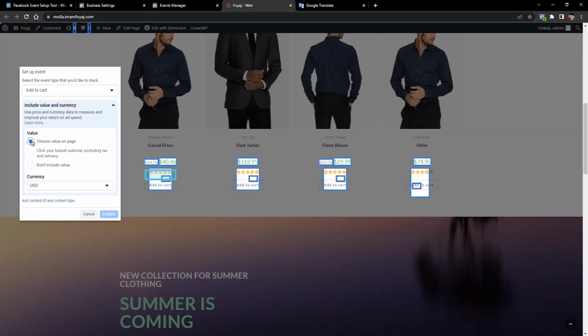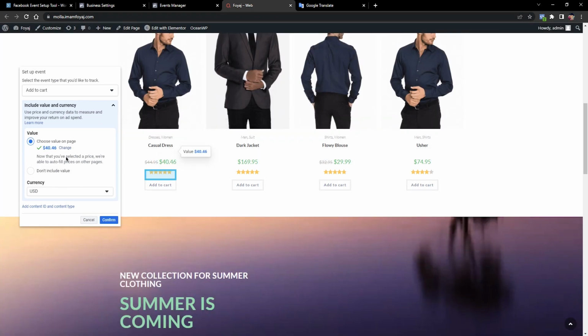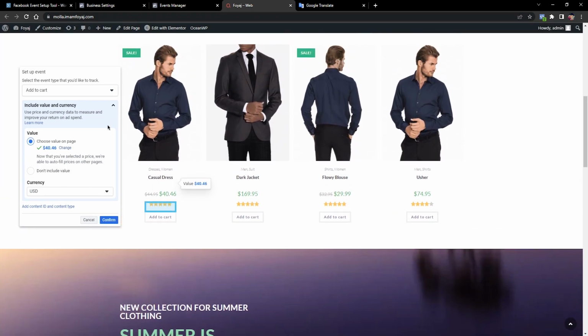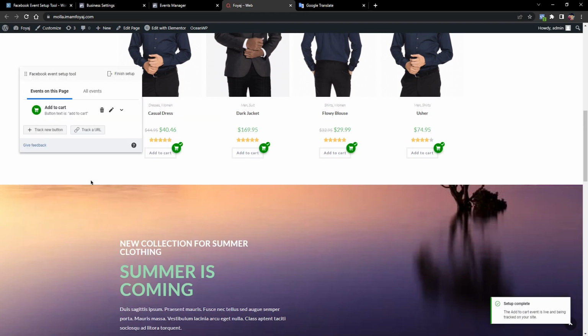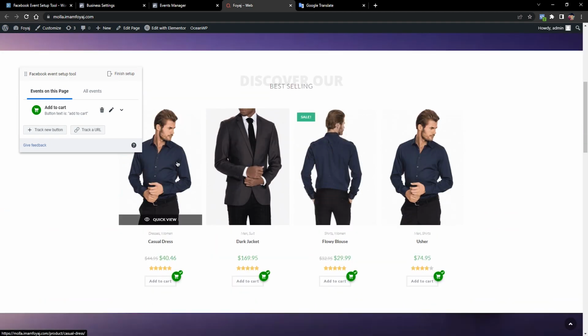Choose value and page. This is our value, and also we can skip it. This is our value, and USD currency, and confirm. Our add to cart tracking has been successful, and here as you can see, setup complete. Now go to any product page,